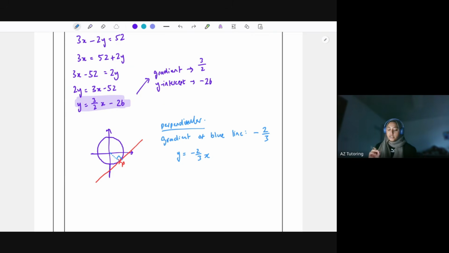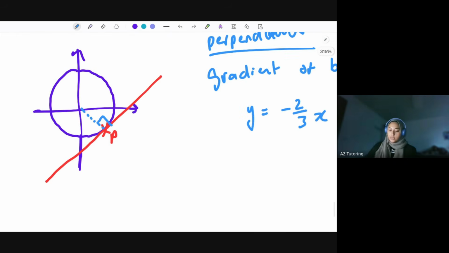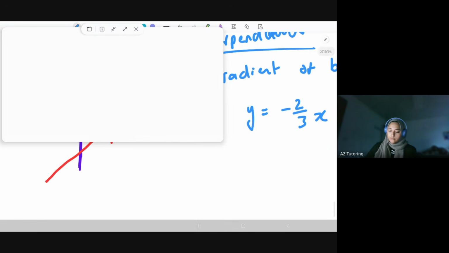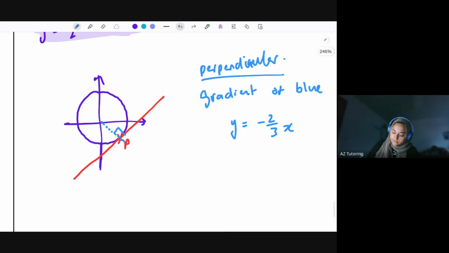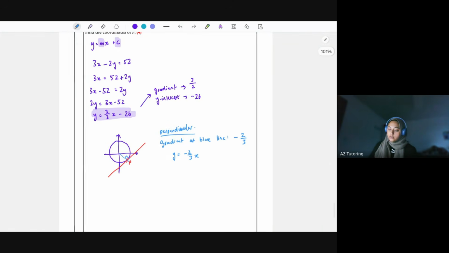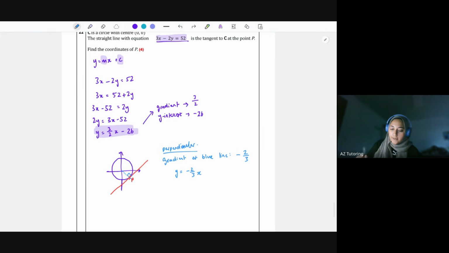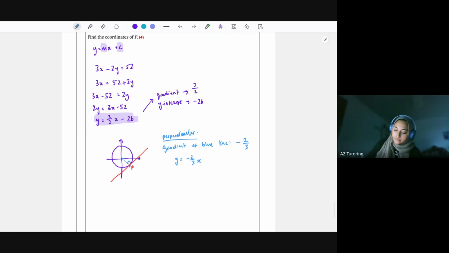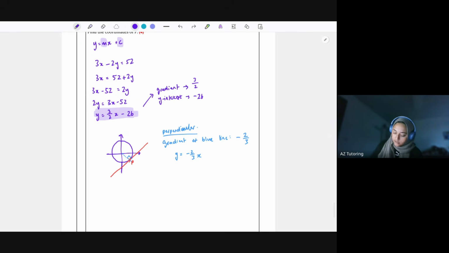Now P sits on the blue line and the red line. We can see here P is on the blue line. So P sits on the blue line and the red line. It crosses on both. So to find the coordinates of P in that case, I'm just going to write it here as a little sentence. So both lines cross at P. So I'm going to make the equations equal to each other